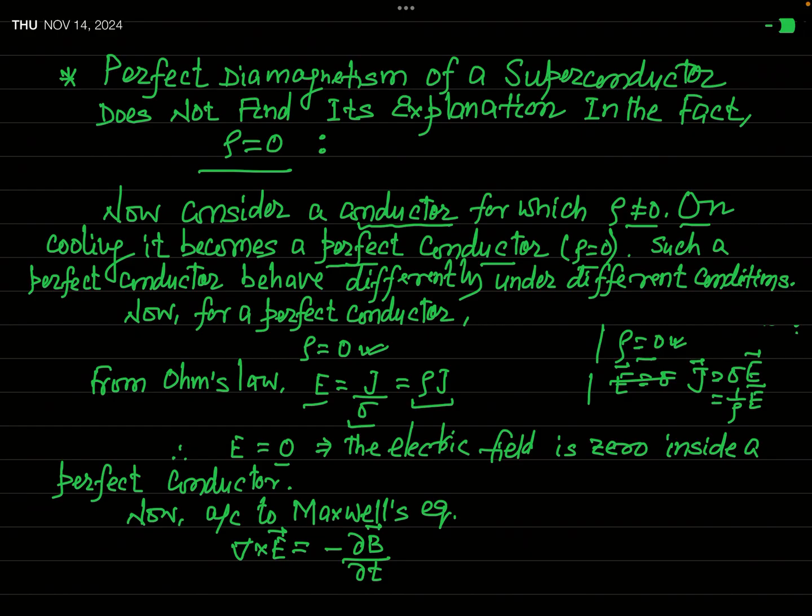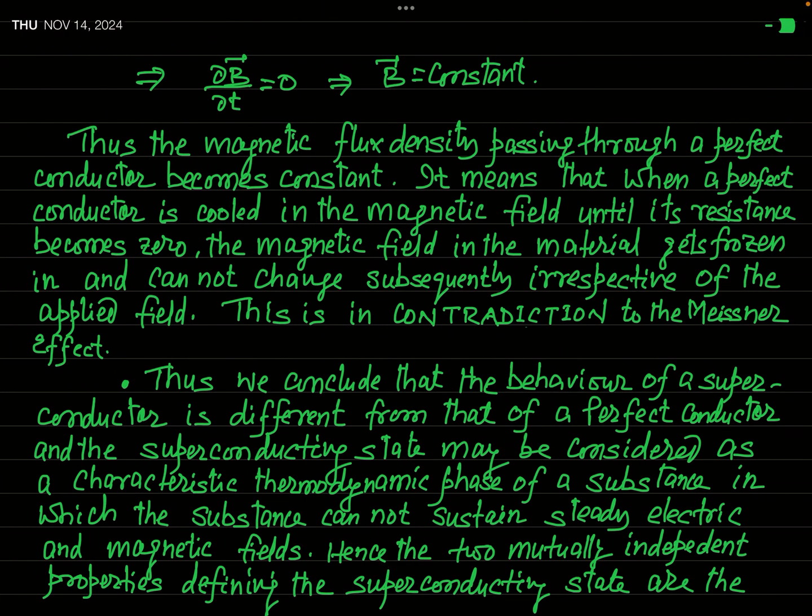For knowing the behavior of B, we can think about one of Maxwell's equations. Maxwell's curl equation is del cross E equal to minus del B by del T. You know it. But you have seen that in case of a perfect conductor, the electric field inside the conductor is 0. And if E is equal to 0, then del B by del T will be 0, and then B will actually be constant. So you can say that the magnetic flux density passing through a